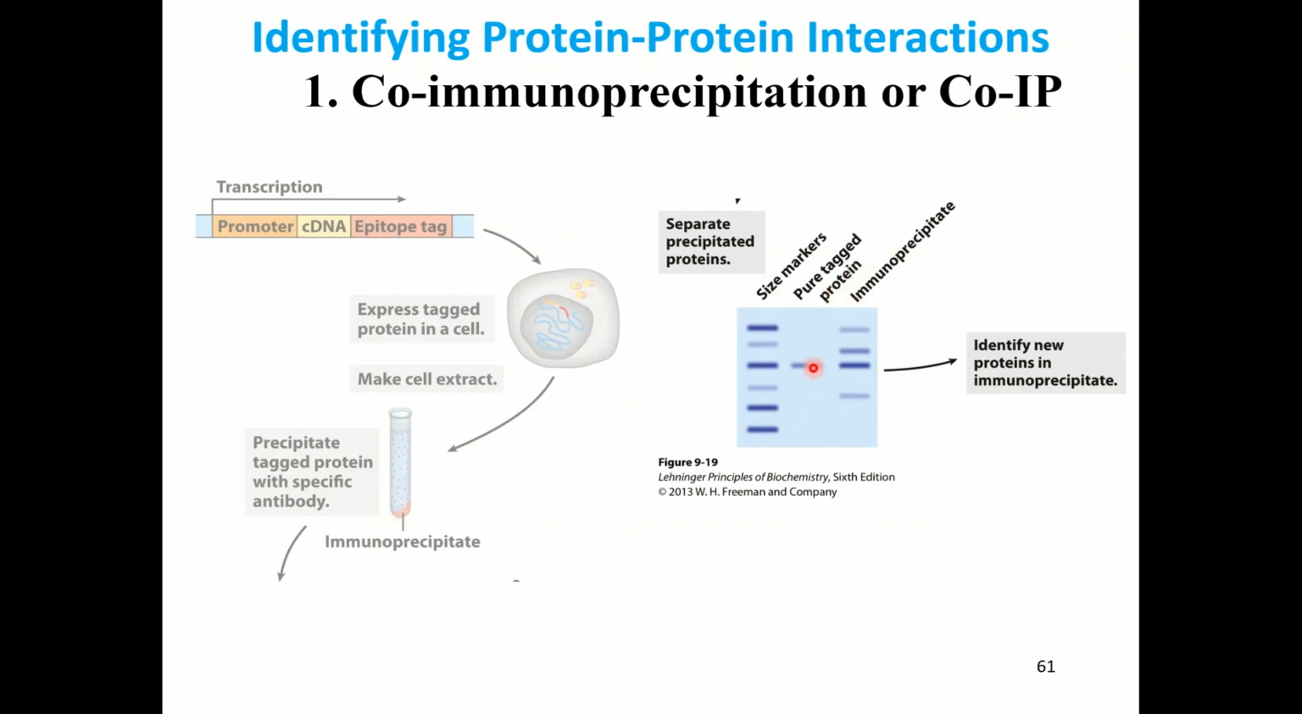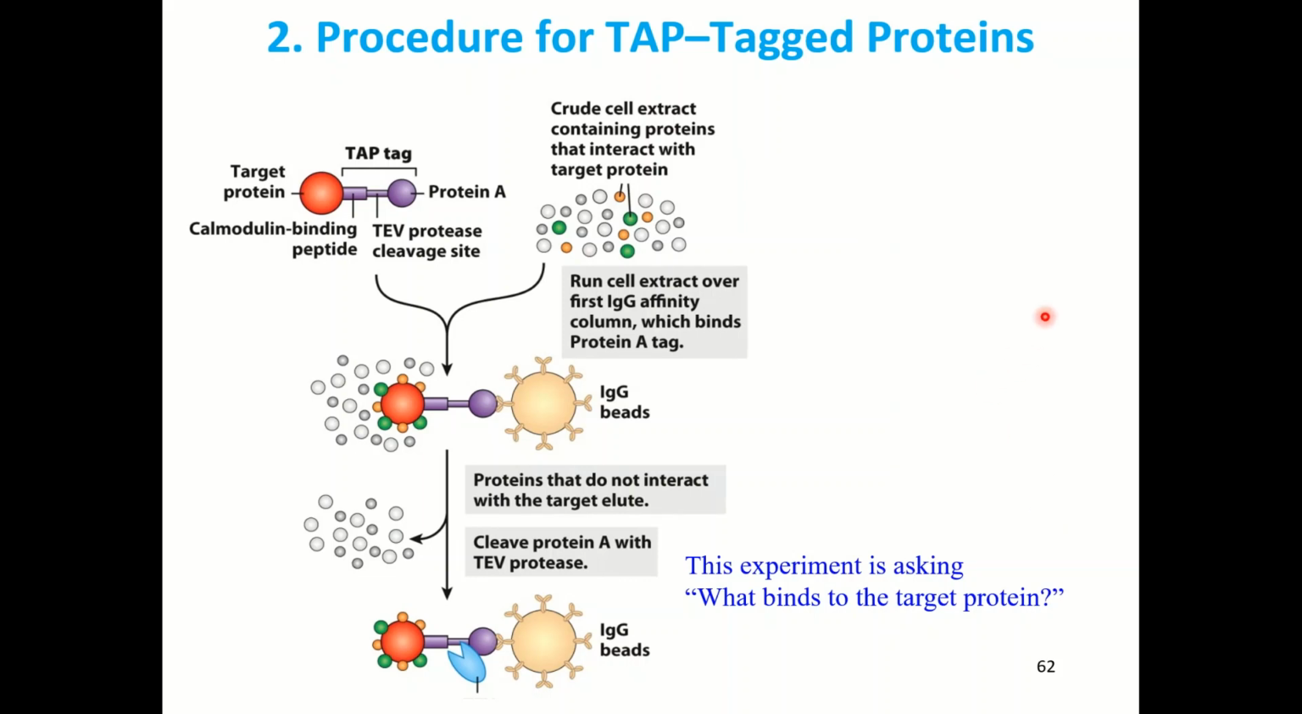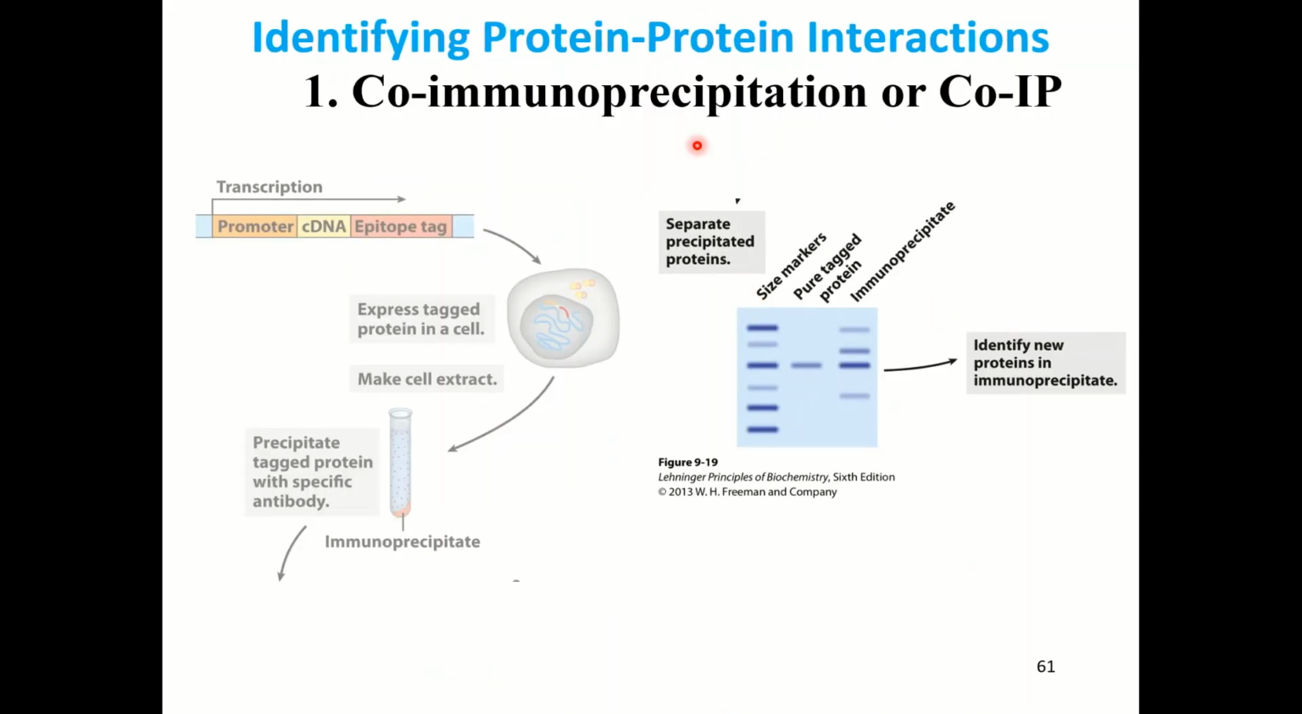So if we look here, this is our pure protein that we're interested in, that's tagged. The immunoprecipitate that's pulled out of solution, we have that protein, but we also have 3 other proteins here. And those proteins are coming out of solution because they're interacting with that protein that has the tag on it. Okay, so in this case, co-immunoprecipitation, or co-IP, we're pulling out a protein and we're seeing the proteins that are